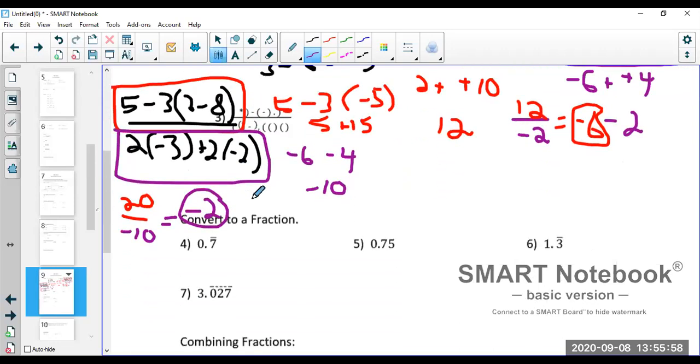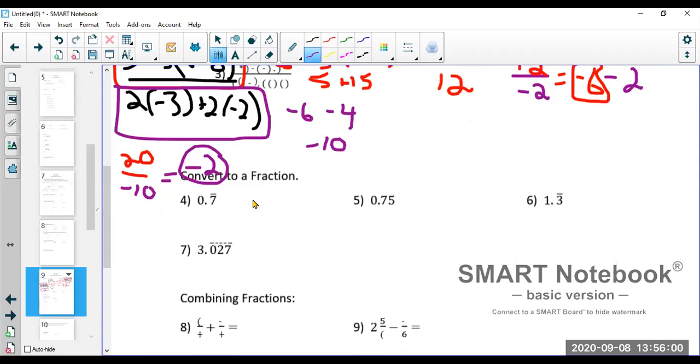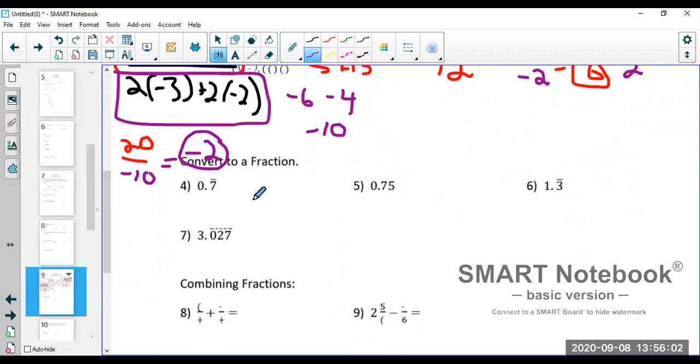Now, when we're going to convert decimals into fractions, there's certain rules, right? One of the rules is when it's repeating. When we have a repeating decimal, we are going to have